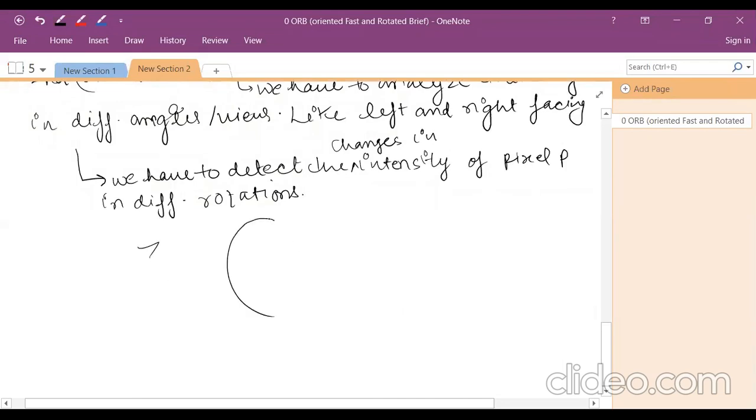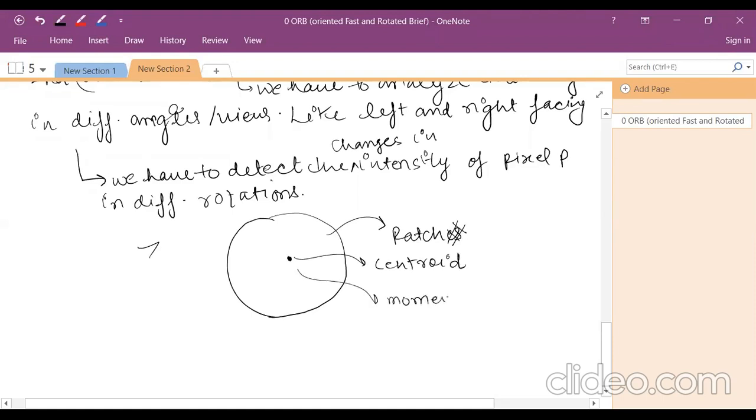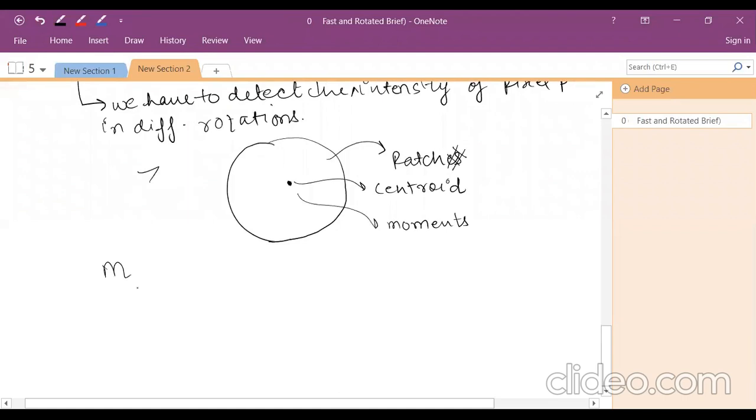So what we do, there is one random sample inside the pixel P, and this random sample is called the patch. Because it is a single one, I will use only the patch. Now, with respect to the central point, I have to calculate the centroid. And again, I have to calculate the moments also, because we are considering the directions. So my formula for calculating the orientation will be summation of x^p y^q I(x,y).